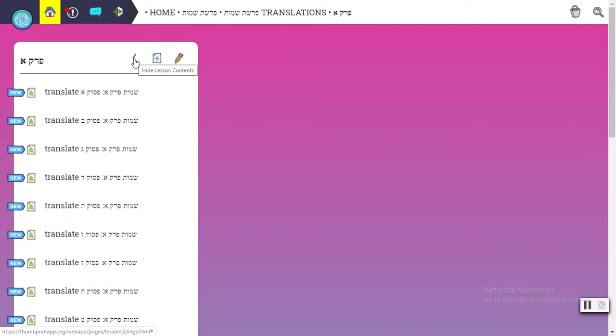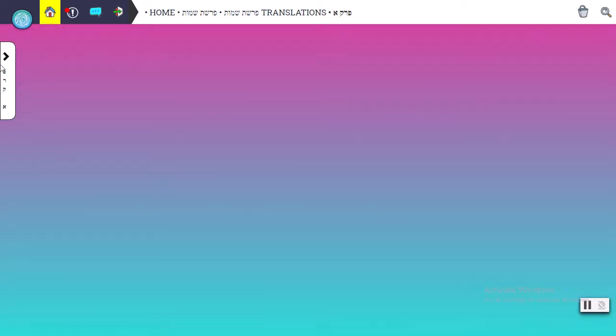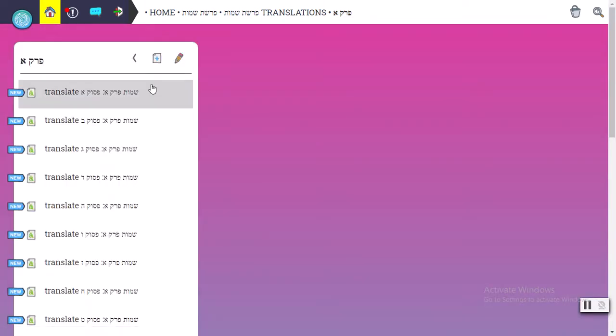This actually just moves it away so that you have more room on your screen if you want. But now you have the ability to go into each pasuk or to rearrange, if you want, parts of the lesson, because now it's your own. And in fact, what I'm going to show you now is that it doesn't really pertain to this perek because